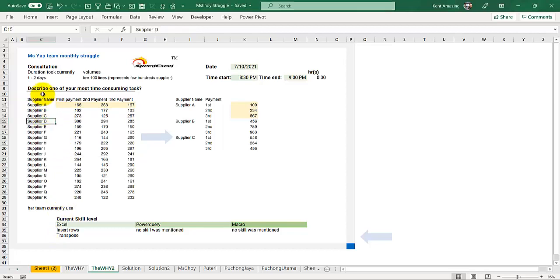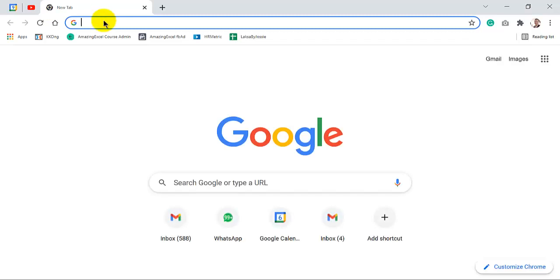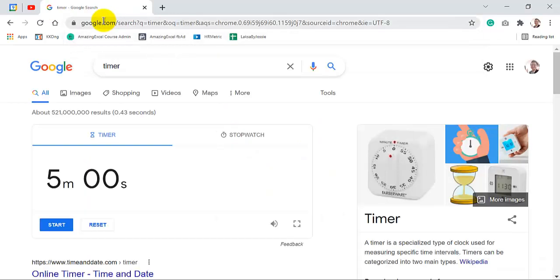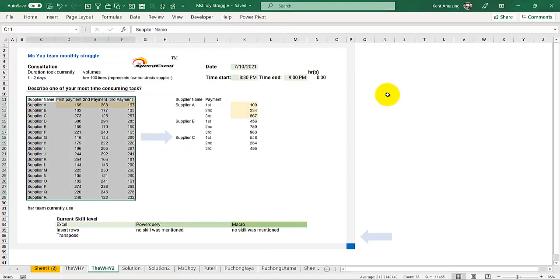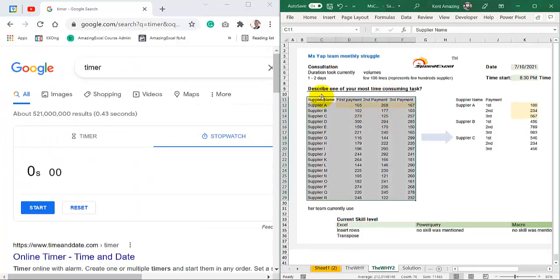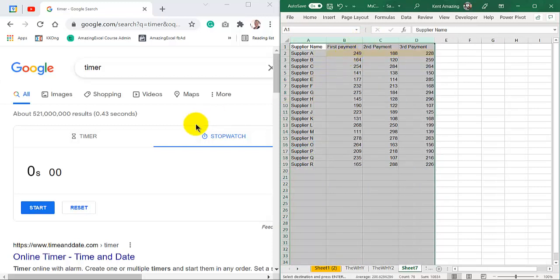Now let's see why it takes 1 hour and so. So let's come over here and open this and then set up the timer. Okay, so that's the timer. Reset it. We go to stopwatch, right? So next we're going to copy this here, insert the new worksheet, and then put it right here. So we're just going to count the time,